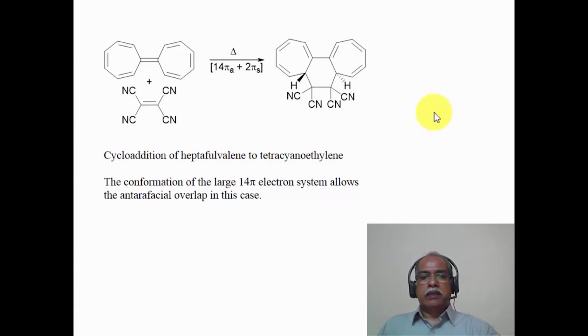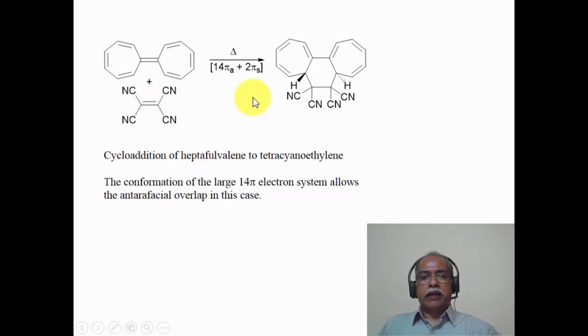This is one of the largest cycloaddition reactions that is known in terms of the number of π electrons involved. You can see here there are 14 π electrons in the heptafulvalene. Heptafulvalene molecule is this one, and it undergoes cycloaddition reaction with the tetracyanoethylene. All the 14 electrons of the heptafulvalene are involved, as you can see from the rearrangement of the π electron system during the course of the cycloaddition reaction. The cycloaddition occurs between this carbon and this carbon of the heptafulvalene and these two carbons of the tetracyanoethylene,